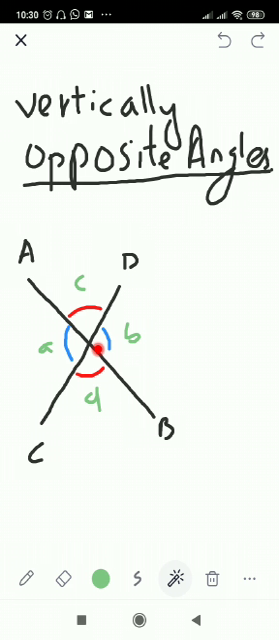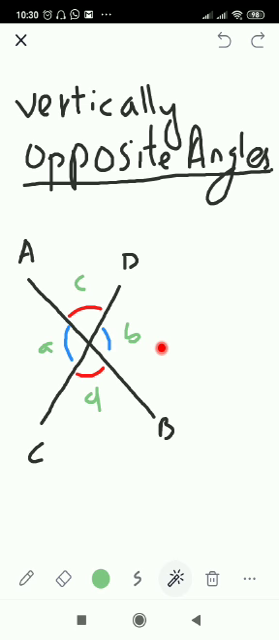You can see that angle A, angle B, angle C and angle D are formed. We can say that angle C and angle D are vertically opposite angles, and angle A and angle B are vertically opposite angles. To find the relationship between the vertically opposite angles, we have to see that